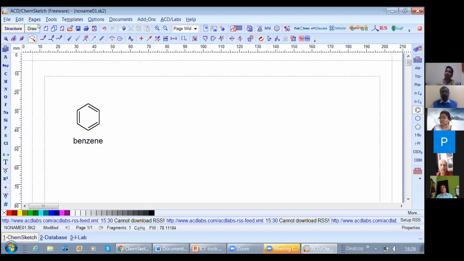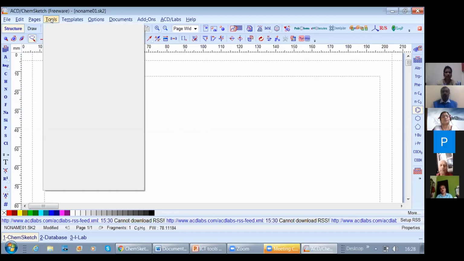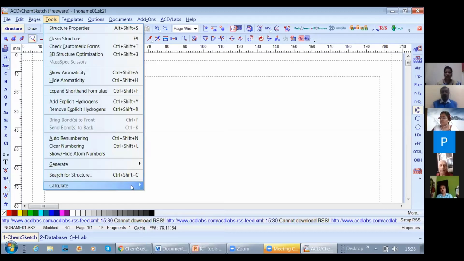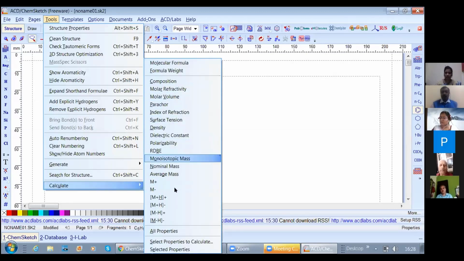Okay, and one more advantage of ChemSketch is you can also get the properties. So if I have benzene, I want benzene properties. So in that case, you can go to tools, click calculate, and it will give you so many properties. Okay, whichever you want, any particular you want, you can click on that. It has molecular formula, weight, composition, surface tension, density, everything is there.